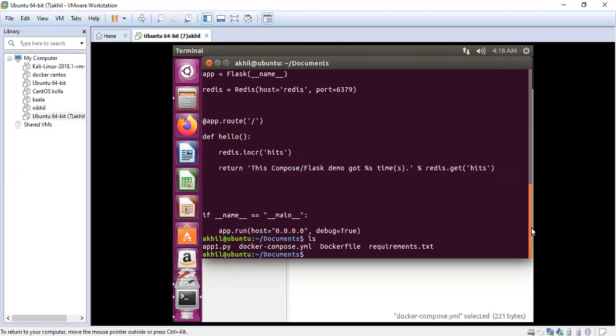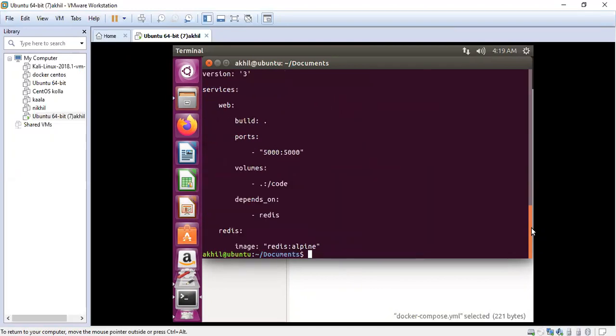Next, the docker-compose.yaml file. You could see what I'm using. Basically, the Docker Compose YAML file is the backbone of Docker Compose, as it contains all the information needed to run the desired services.